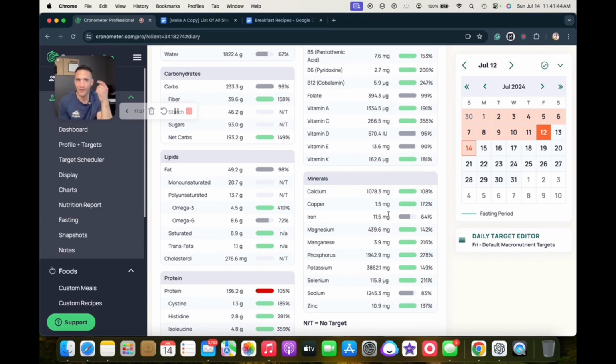I think it was like 3 months out of the year. So I think it might behoove you just to have that on your radar of like, ooh, am I low in iron? Do I need to supplement with iron? Talking to your doctor, getting some blood work done, and making sure that you're meeting your iron requirements,